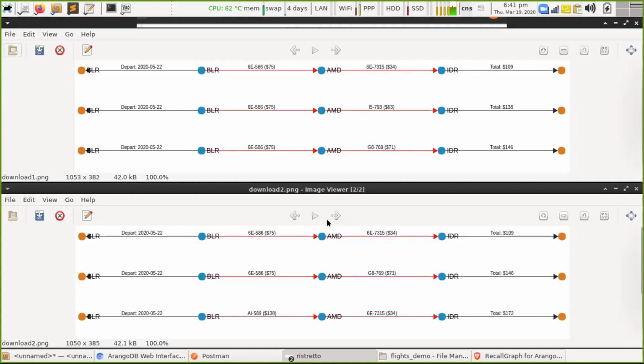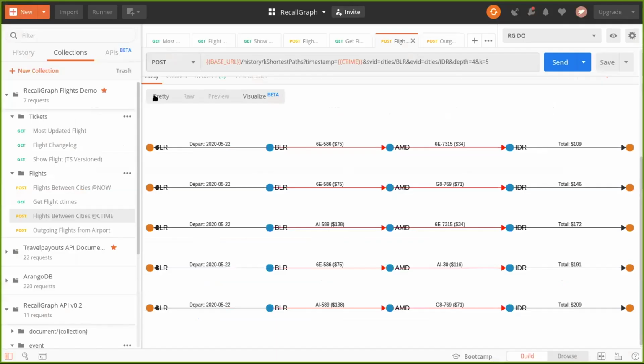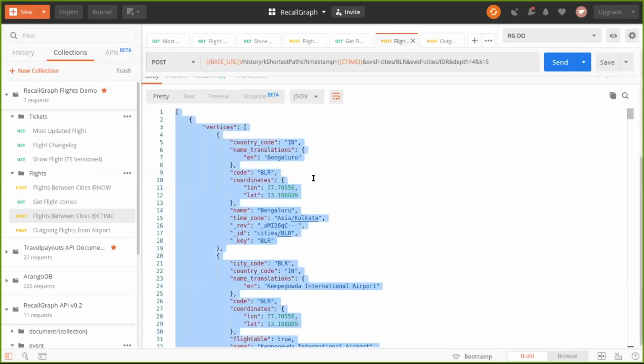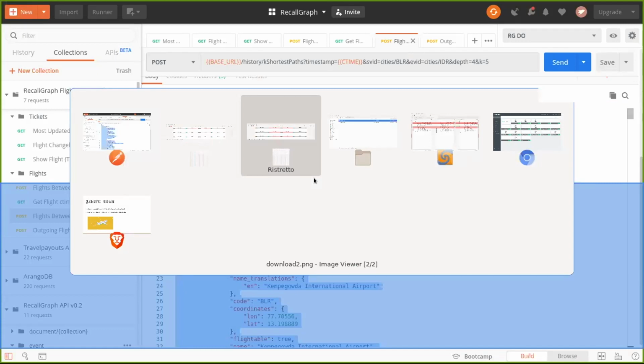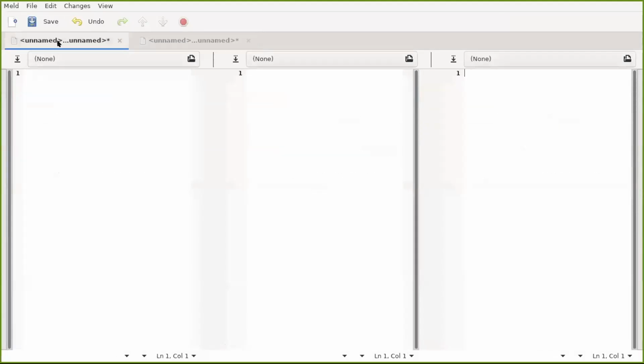And we can see that obviously the flight number GE 586. Yeah, basically this third row is now identical to the second row, and the second row over here has completely disappeared because one or more connecting flights are no longer valid for the timestamp in which I fired the query. I can also do a JSON comparison, perhaps, just to help us see if there are any other changes that we can capture.